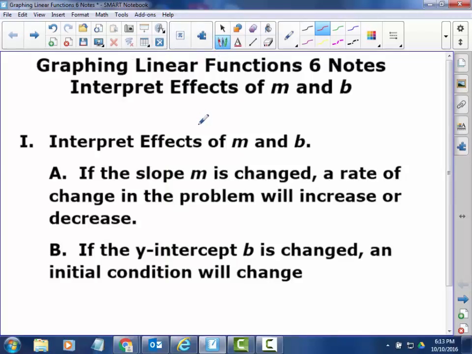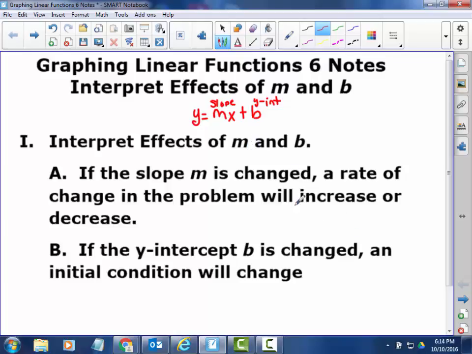Okay, so we're going to take a look at graphing linear functions, interpreting the effects of M and B. To recap, M and B, we saw those in our slope-intercept form of the line, where M stood for the slope and B stood for the y-intercept. Okay, so we're going to look at some of the effects that changing those have on situations as well as